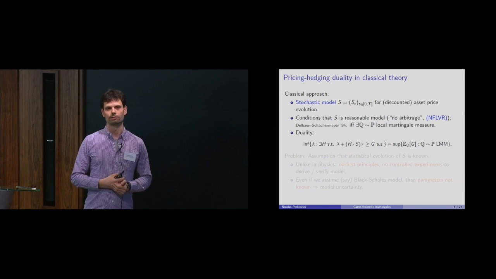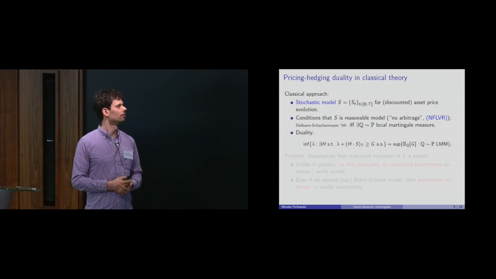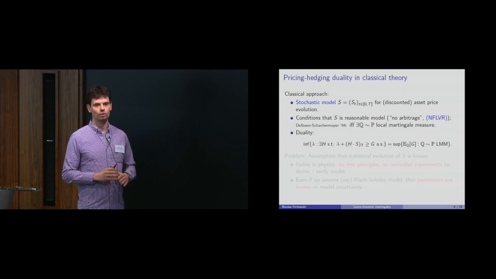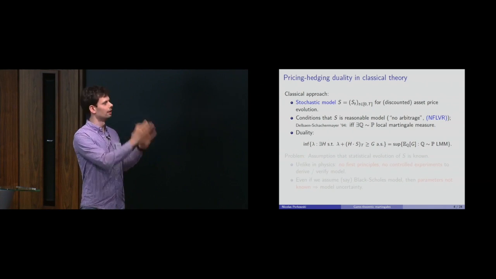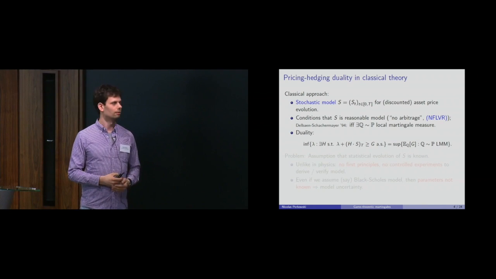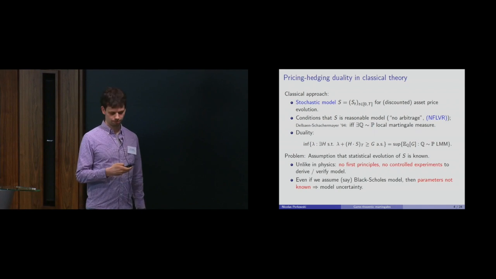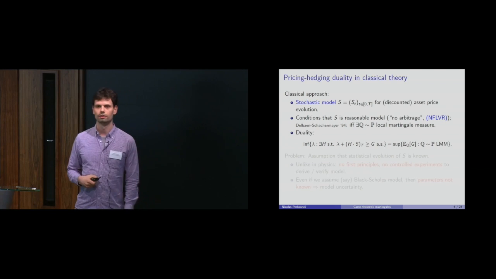And this leads to these fundamental theorems of asset pricing. And the final answer to that was given by Delbaen and Schachermayer. Okay, so everything here is continuous for me, so we're locally bounded. So we're in the Delbaen-Schachermayer 94 setting. So it is a reasonable model if and only if there exists an equivalent local martingale measure.